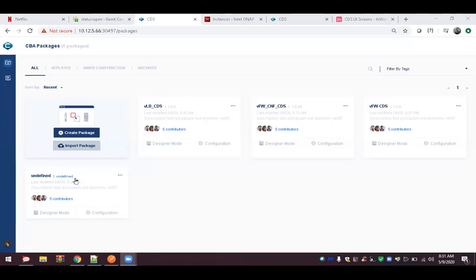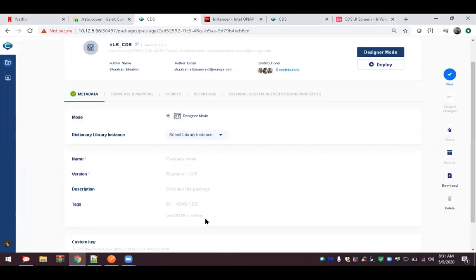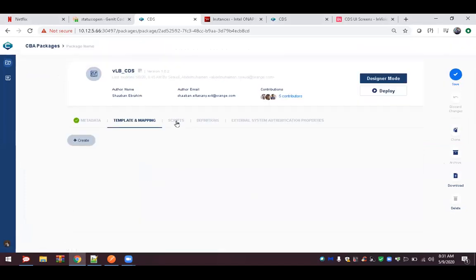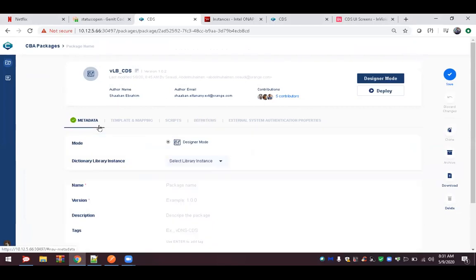Okay, thank you. So when we click an existing file, it's not rendering the content of this file. In metadata, in template mapping, I don't see anything. In scripts, in definition, none of it is being rendered. Can we create a new package and maybe fill it with some data? Yeah, sure.